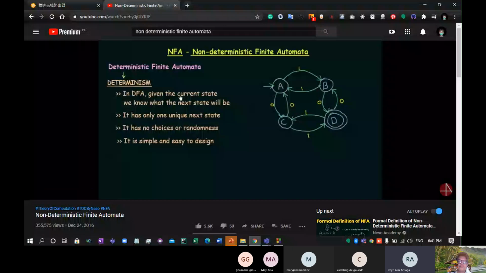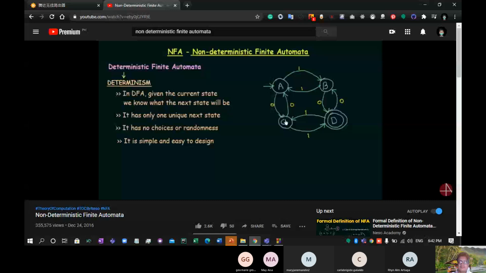All right. So what does it mean? Suppose we have a DFA here, and suppose we are focusing on state A. Given the current state, state A, we know what the next state will be. I'm in state A, and if I get input 1, I know that I will go to state B and no other state. And if I get input 0, I know that I will go to state and no other state. So given the current state,